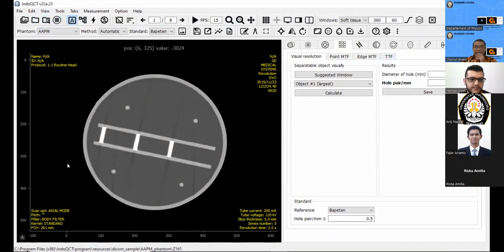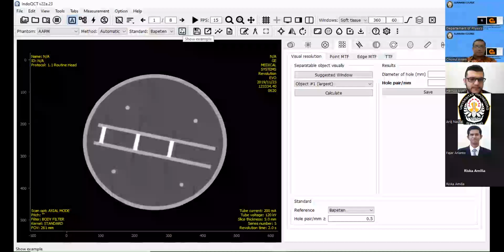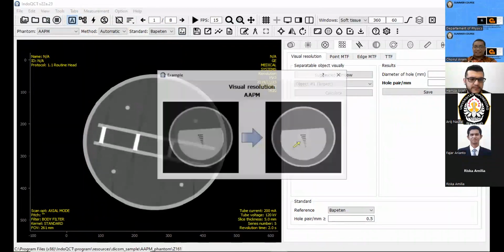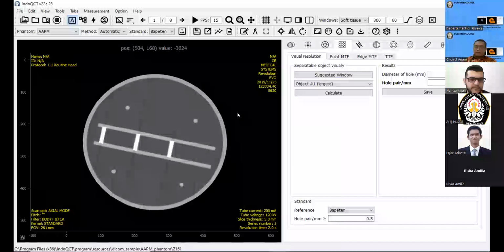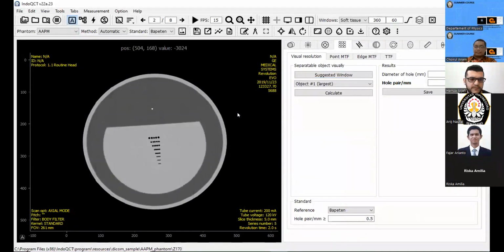If we are confused about which slice to use, you can click this one. For example, this one is for measuring the spatial resolution. Now we move to this Phantom, and we will measure using the point Phantom.